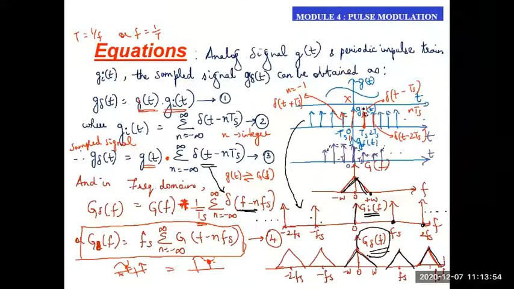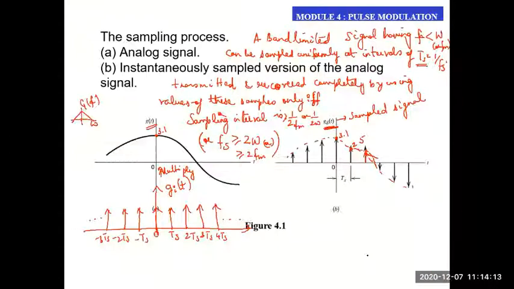So today we have dealt with the basics of what the sampling theorem is, and why we need to digitize an analog signal. What are the pulse modulation techniques? We have pulse analog modulation and pulse digital modulation. Under pulse analog modulation, we can have pulse amplitude, pulse duration, and pulse position, three types. Under pulse digital modulation, both amplitude and time are digitized or discretized. Under that, we'll be studying pulse code modulation, delta modulation, adaptive delta, and so on.